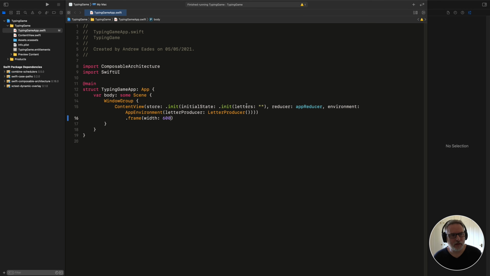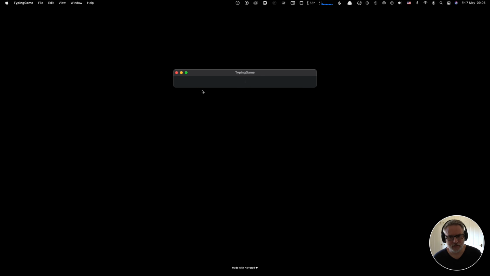Okay, so back to my typing game. Last time we left it at basically generating a random stream of letters, and the idea is that you are trying to prevent these marching to the left, although this is centered at the moment. We can fix that